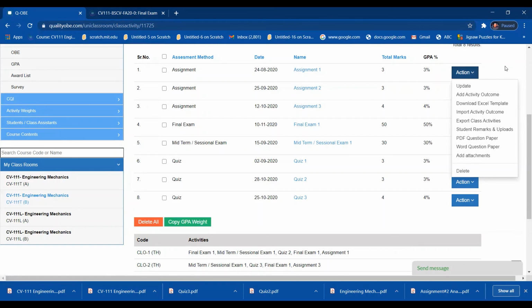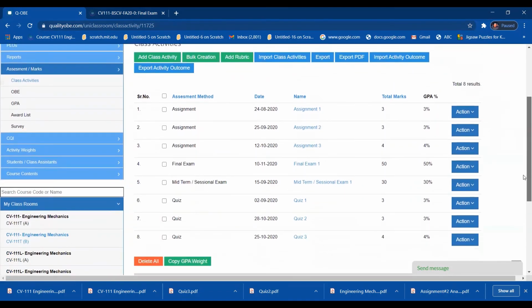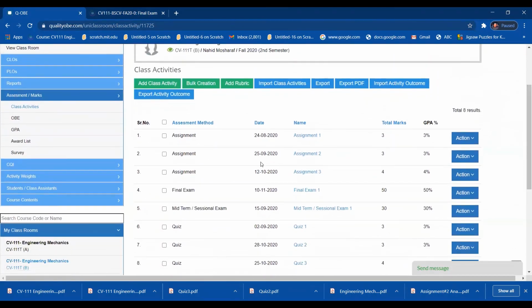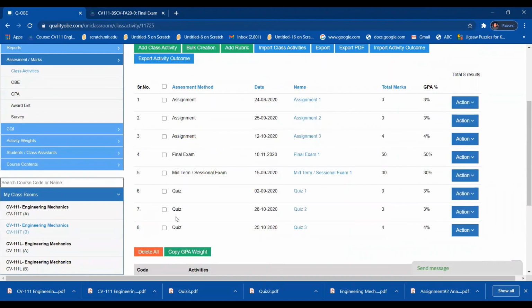So hopefully you will get my point and you will understand how you can generate your class activities in your sections. These are the class activities for the theory class, and if you want to add class activities in your lab sections, you can add a project viva and all that, so you can easily do it over there. I also have lab sections as well, so I will tell you in my more videos.